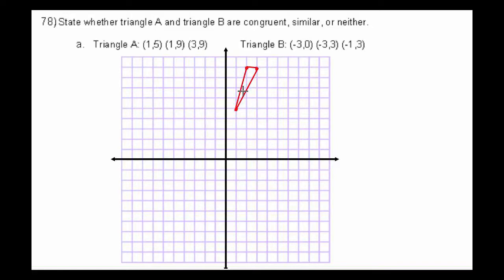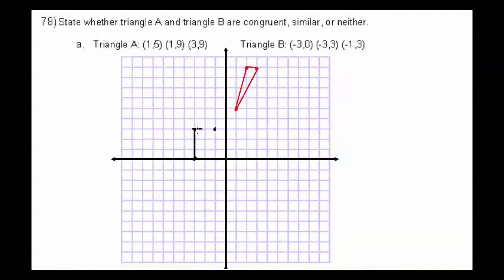Okay, let's go ahead and do the next one. We'll do that in a different color. Let's do that in black. So over -3, up 0. Over -3, up 3. And over -1, up 3. Okay, if we connect those,